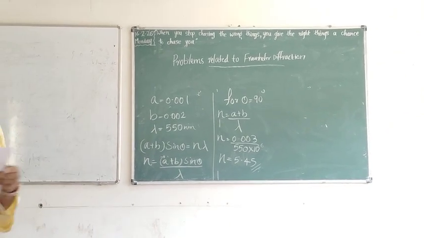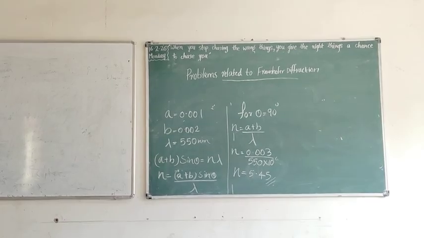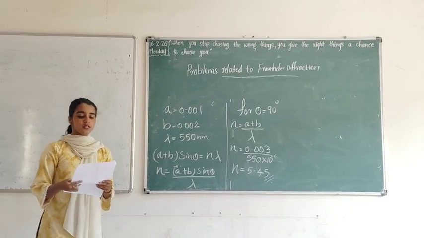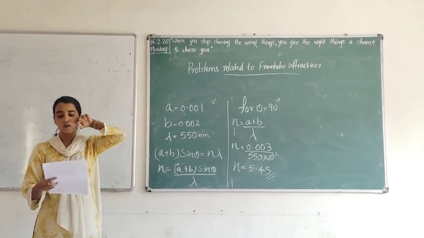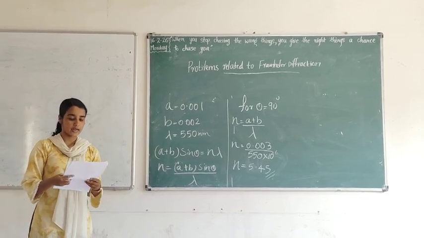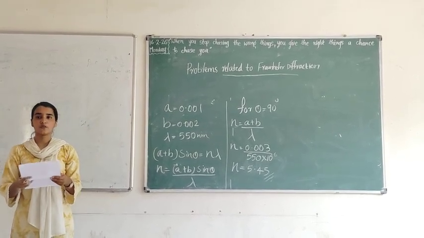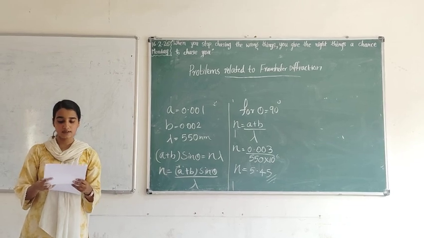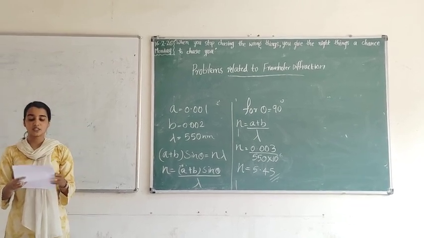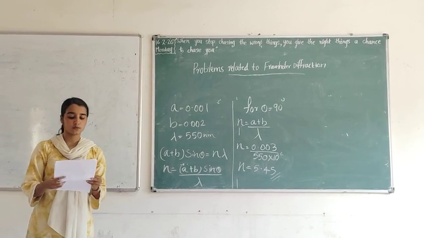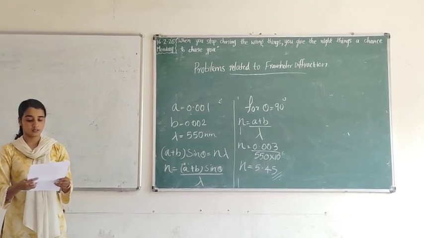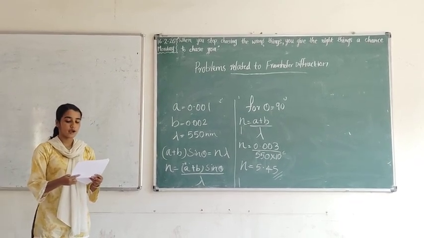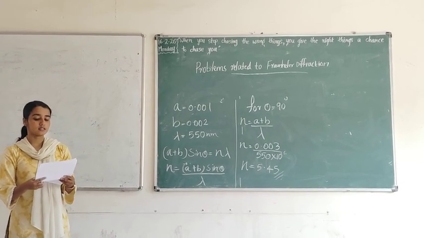That's the final problem. Then I give one homework question. That is, a Fraunhofer double slit diffraction pattern is observed in the focal plane of a lens of focal length 0.5 meter. The wavelength of incident light is 500 nanometer. The distance between two maxima adjacent to the maximum of zero order is 5 nanometer, and the fourth order maximum is missing. Find the width of each slit and the distance between the